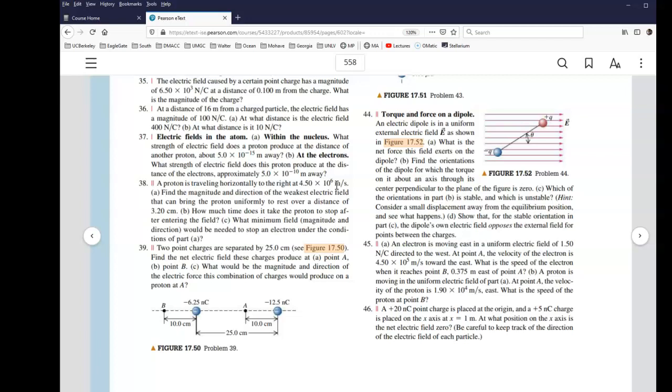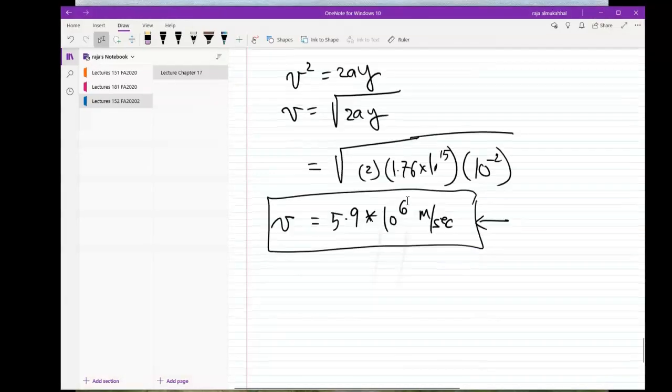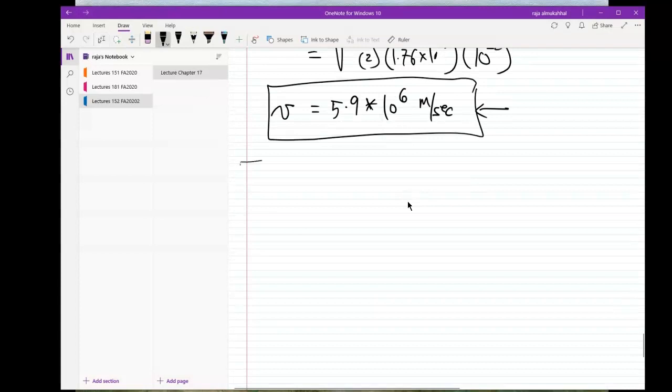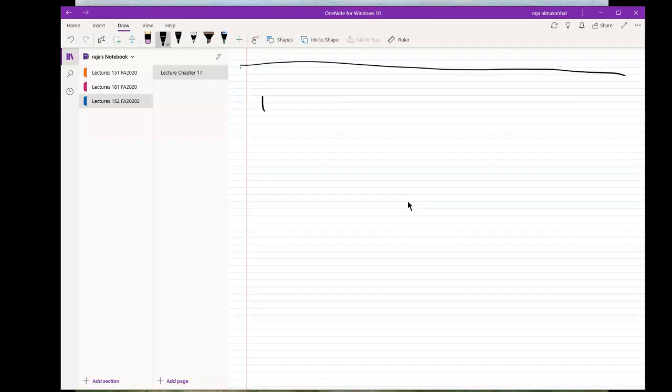Well, first of all, you want to draw the diagram, then I'll tell you how to solve it. So I have a proton, there it is, and I'm shooting the proton with an initial velocity v0 given to me. It is 4.5 times 10 to the 6